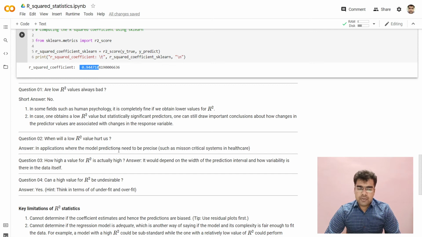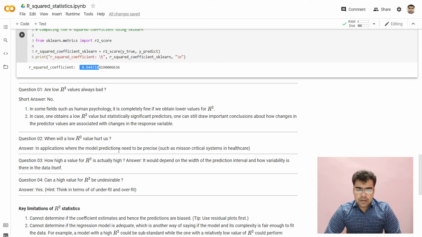For example, if you are working in the field of human psychology, where you have to predict some sort of human behavior, it is generally believed that it is always difficult to predict human behavior as such. So whatever regression model you choose is bound to make a lot of mistakes. The predicted behavior will be very different from the actual behavior. So in those kinds of situations, when it is not possible for your model to make very accurate predictions, such as in human psychology, you can accept even lower values for R squared.